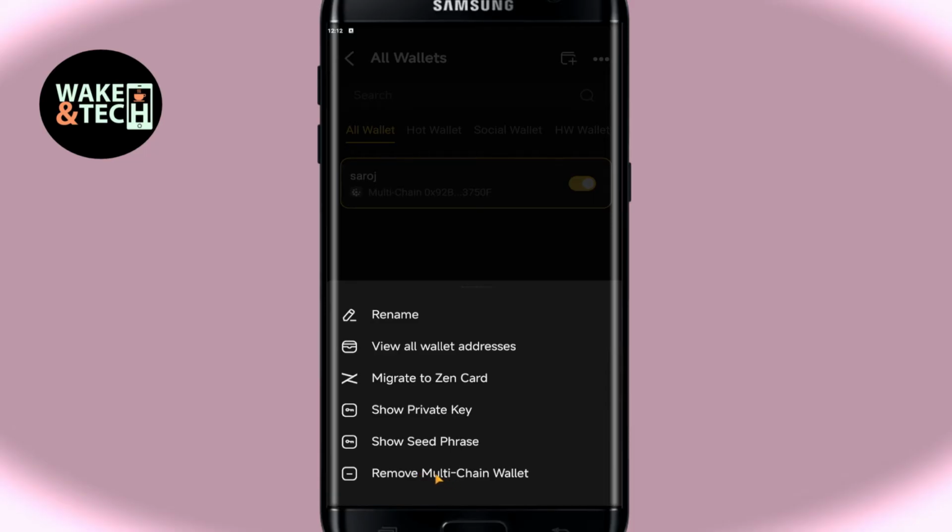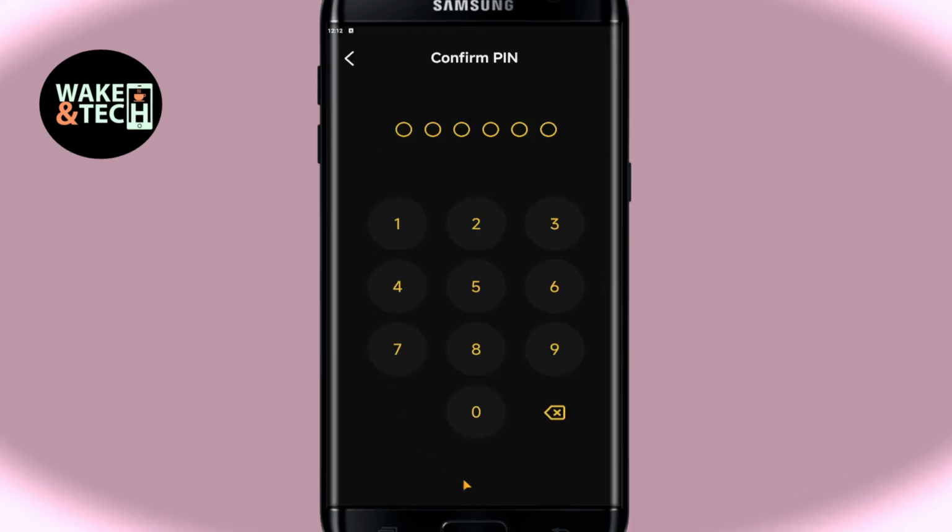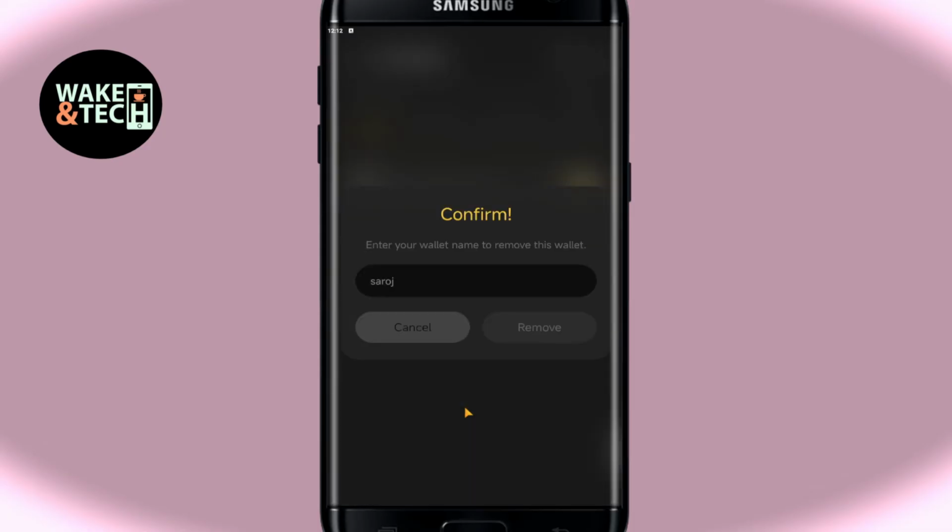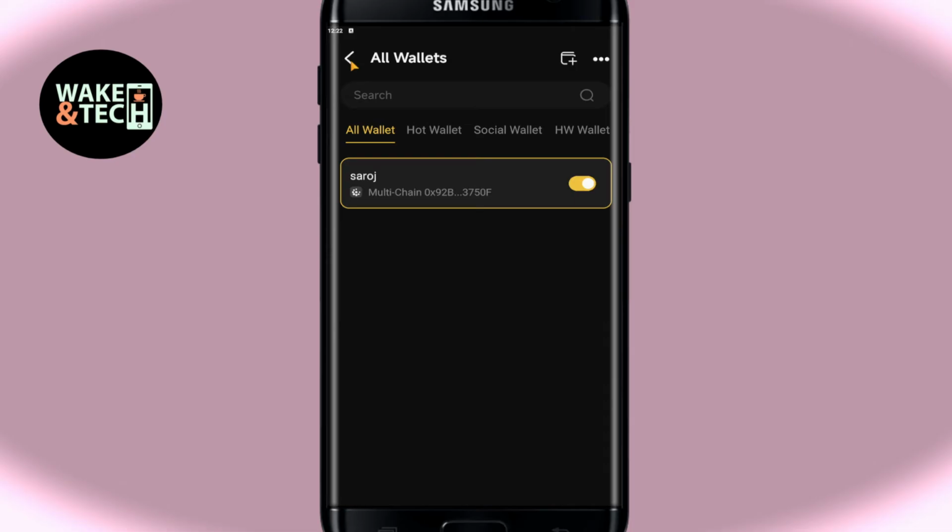Go ahead and click on this and you will be asked to enter your PIN in order to confirm your decision. After you type in your PIN, you will need to enter the wallet name in order to confirm to remove this wallet as well. Just type in your wallet name and then tap on the Remove button and your wallet will be deleted from